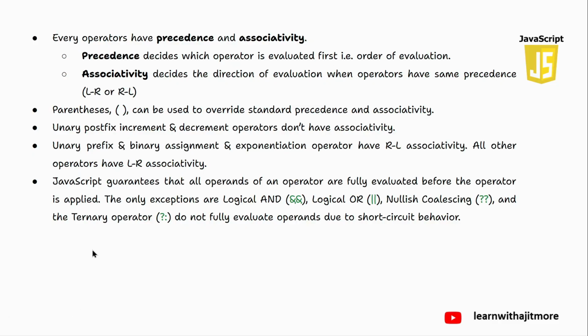JavaScript ensures that, okay, JavaScript क्या ensure करता है कि operator के operands are fully evaluated, correct. तो यहां देखो JavaScript guarantees that all operands of an operator are fully evaluated. मैंने example दिया था ना, let a equal to 10 और फिर add करते समय एक side लिखा bracket में a equal to 3 plus a, या a plus bracket में a equal to 3. So एक बार 13 आएगा, एक बार 6 आएगा, तो क्यों? क्योंकि दोनों bracket fully evaluate हुए addition करने के पहले. But exceptions हैं, yes, मैंने बताया था the only exceptions are these